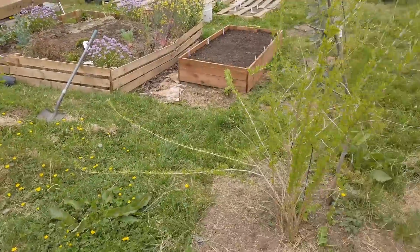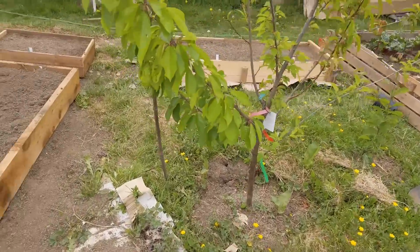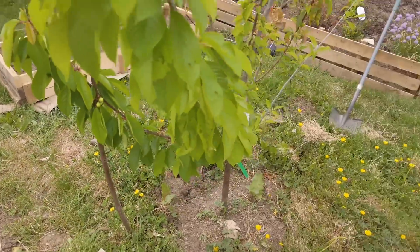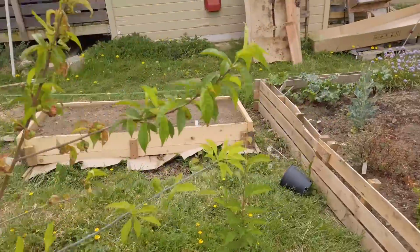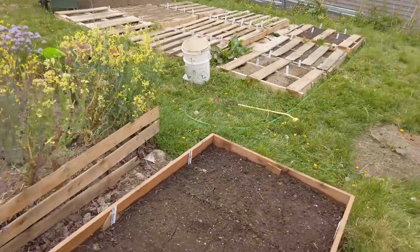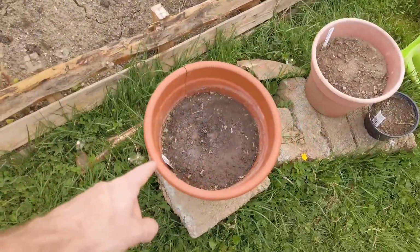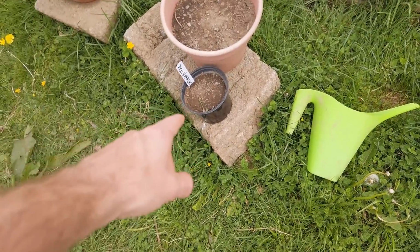I also have this one here, Goji Berry. And this is the multi-grafted fruit tree, which you can see has some cherries on it right here. There's also peaches growing and nectarines and apricots. I also have some other fruit growing over here that are very young. I've got pawpaw in here. I've got black Goji Berry. And I've got the red Himalayan